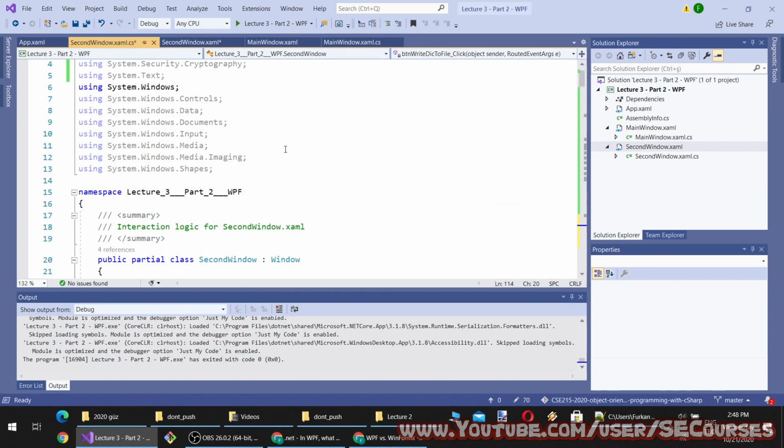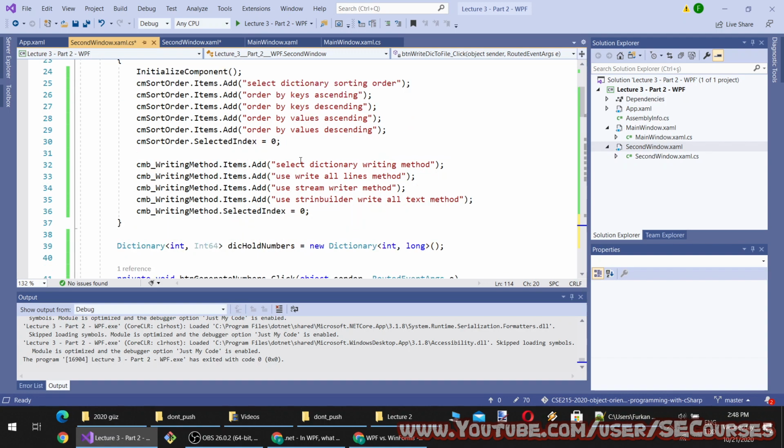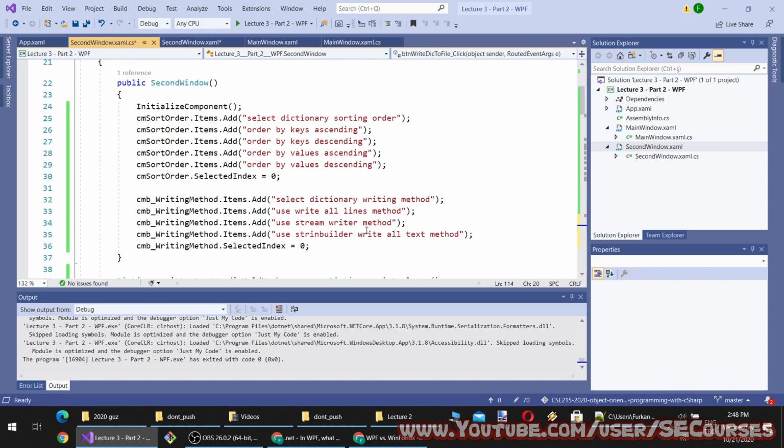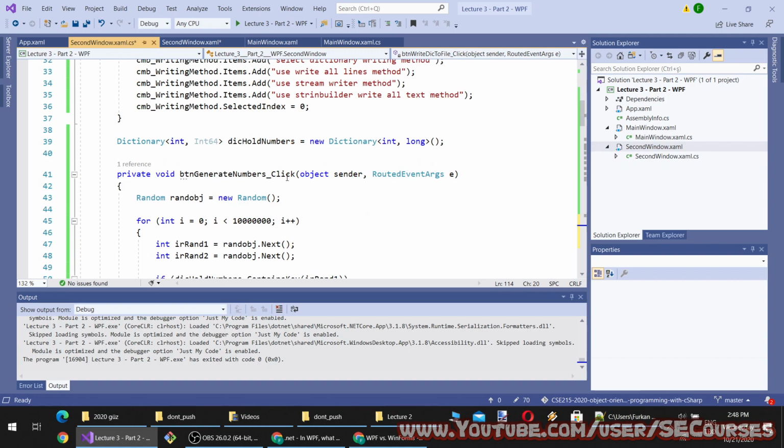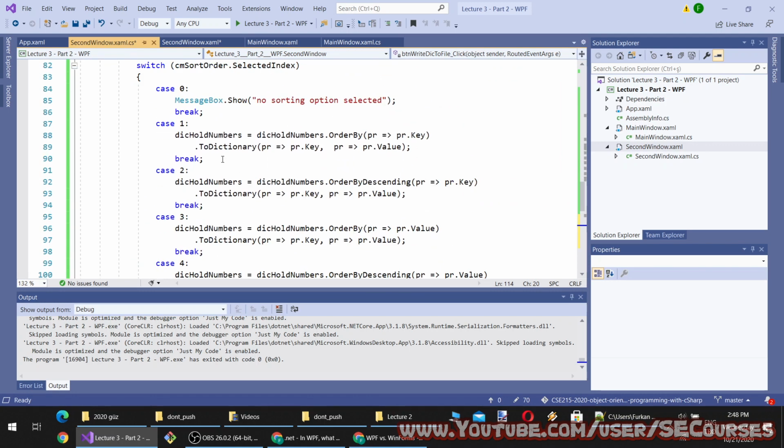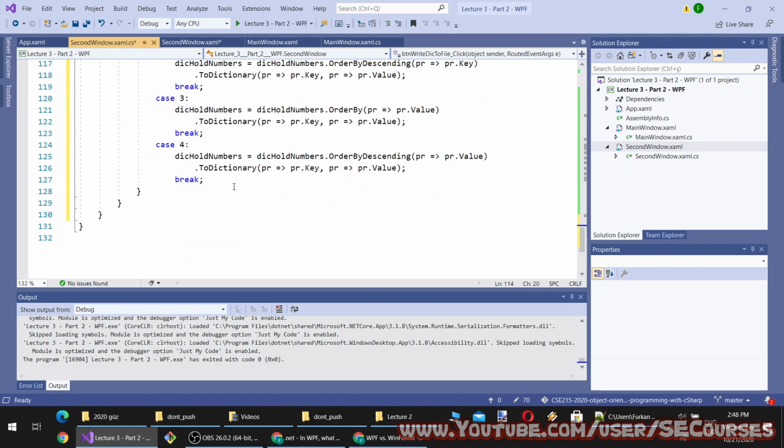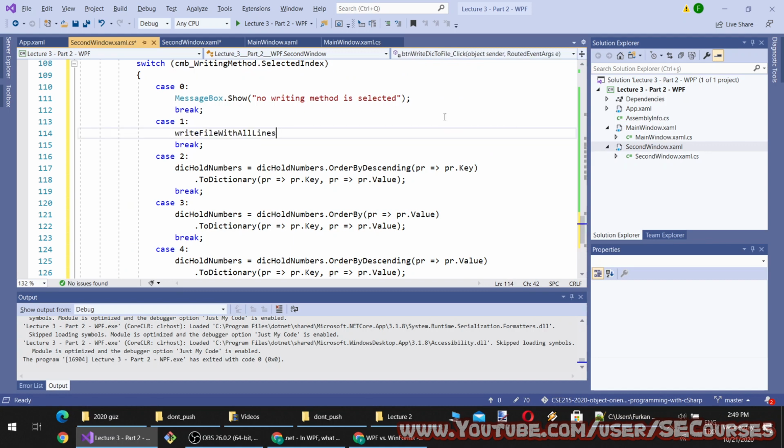In case 1, we are going to use the write all lines method. However, to make here not very crowded, I am going to define private void functions. And I will call this method here. Okay.